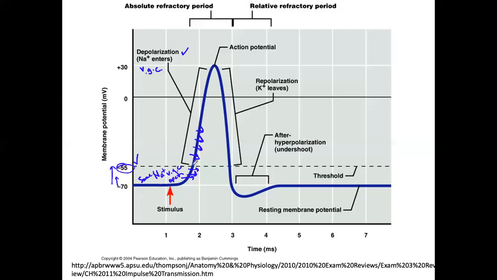Once you hit negative 55, all those sodium voltage gated channels pop open and sodium rushes in, okay? And that causes depolarization to the peak of the action potential. This whole thing, this upward swing and downward swing, is called an action potential. Okay, so what happens at the peak? If you guys remember back to when we talked about sodium voltage gated channels, the sodium voltage gated channels,